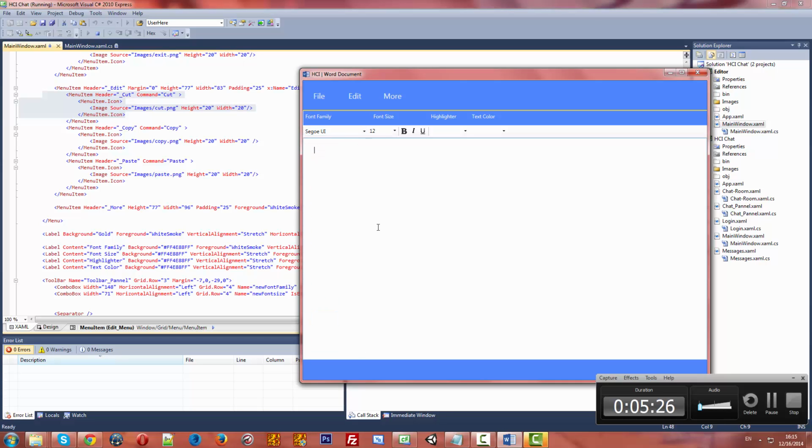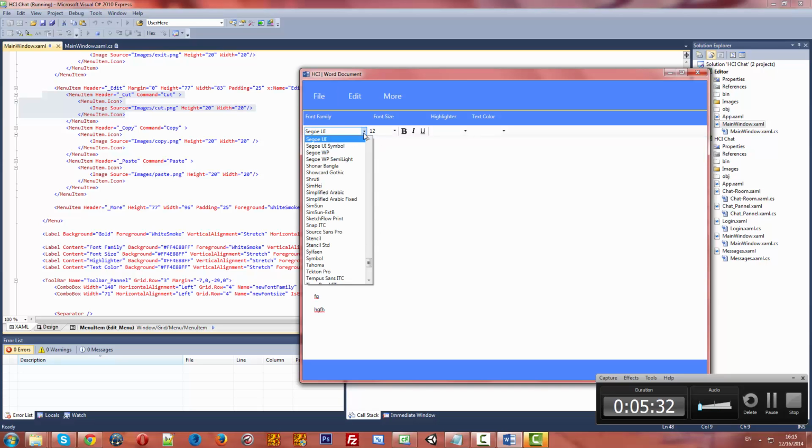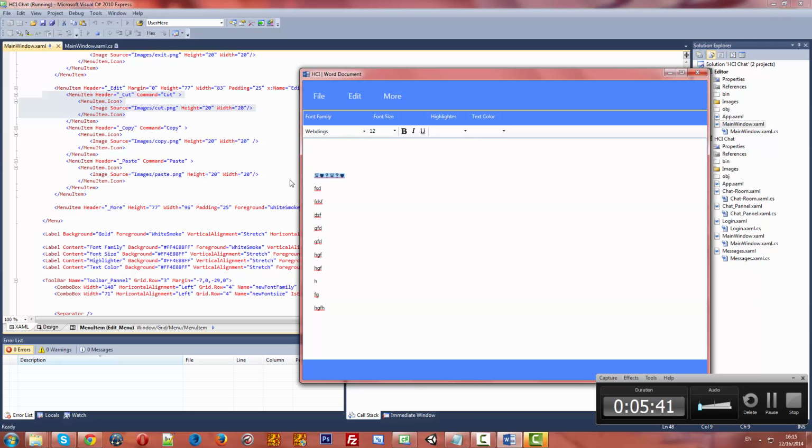So let's say we write again a few texts just to test it out, and let's say we change the font family of this one. The font family has been changed, again has been changed. Can make it like this, there is plenty. Can change the font size, can make this bold,